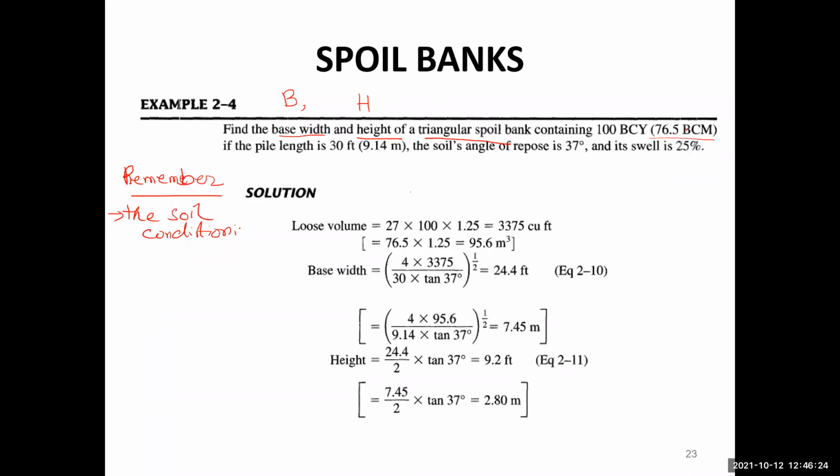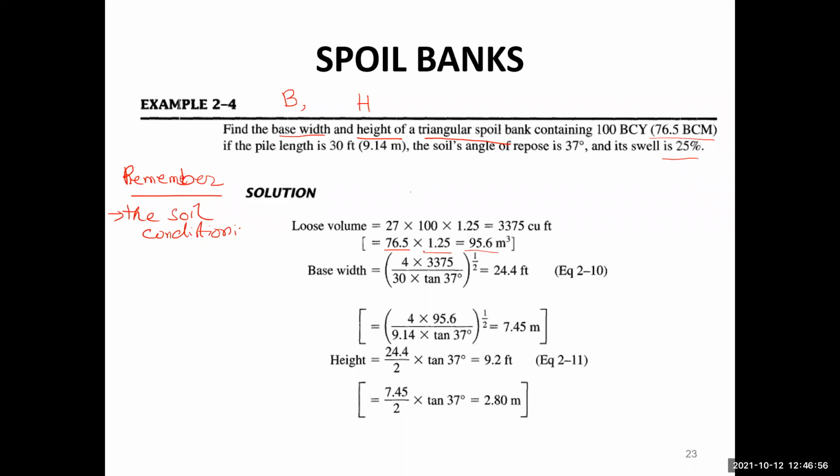So you take the 76.5 cubic meter of the soil in bank condition, and then you will have to multiply by its swell percentage. Okay, swell percentage is 25%. So that means when you remove the soil from the bank condition, it will increase in its volume by 25%. So that's why 76.5 will be multiplied by 1.25,